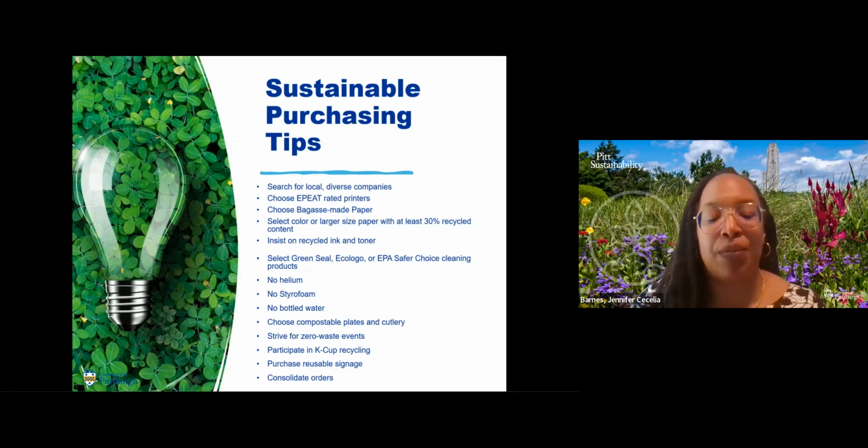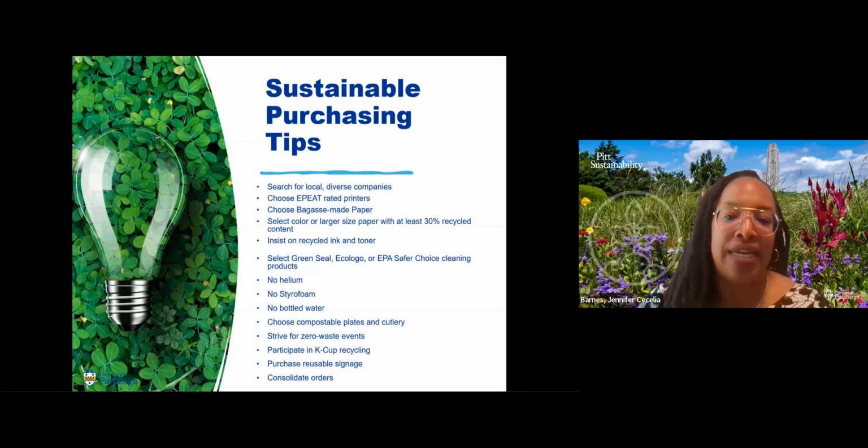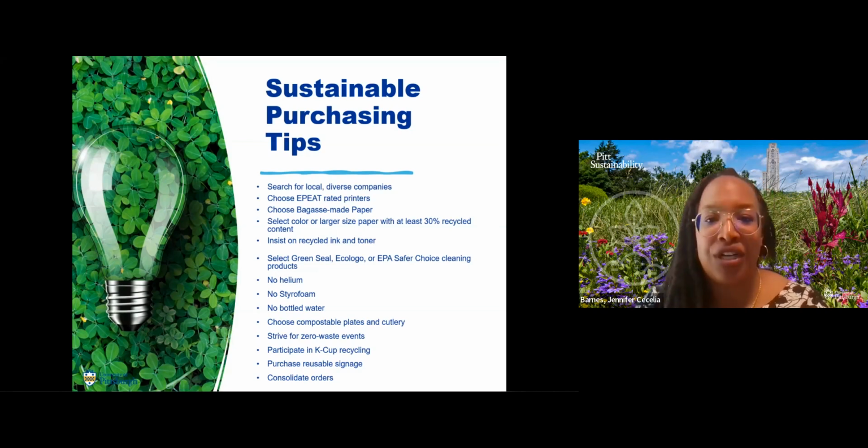But if you're able to plan a little bit better, consolidating the order so that it comes in fewer packages, fewer trips to campus, it will really help on the sustainability side, and it will help our suppliers in their delivery as well. So Emma, do you want to talk a little bit about Green Offices and Green Labs